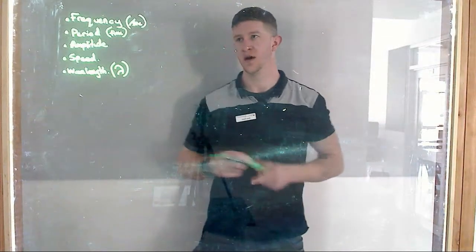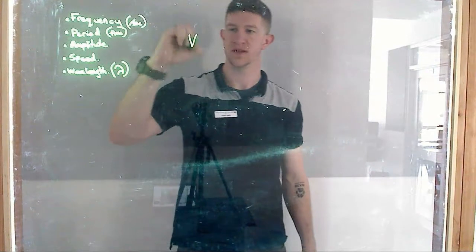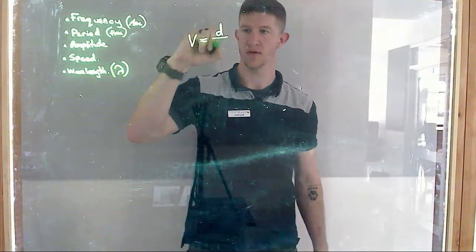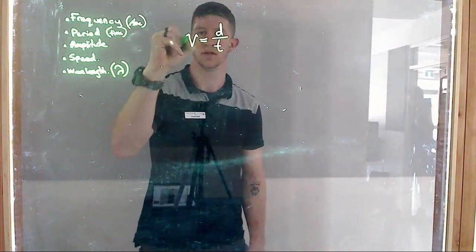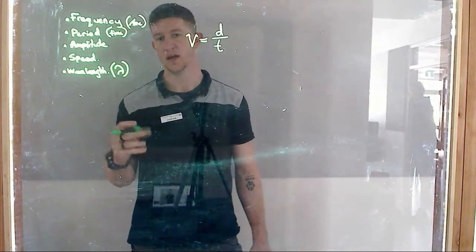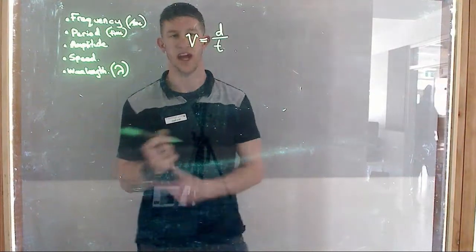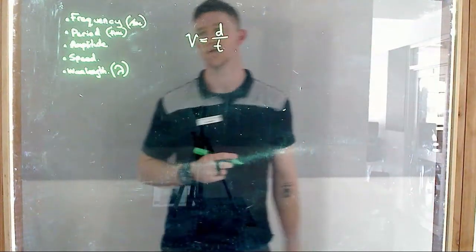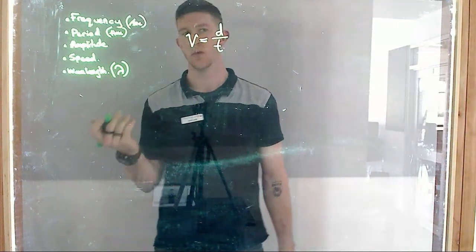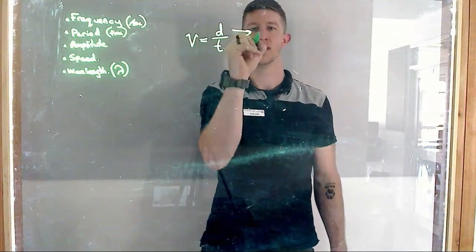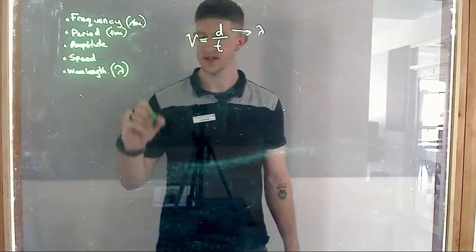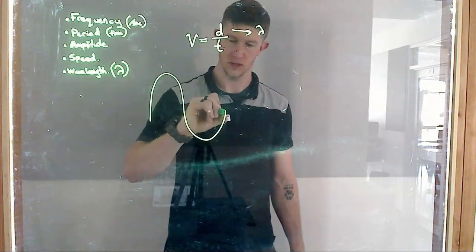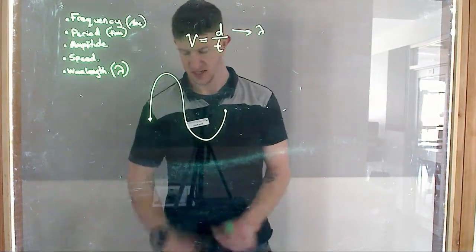If we think back to our old motion formula where velocity is equal to the distance travelled over the time taken, we can use this formula to rearrange and calculate a speed or a velocity of a wave. So if the distance travelled in a wave example, what would that be? It would be the wavelength. So how far one wave travels, if it does a full loop from start to finish, it would tell us